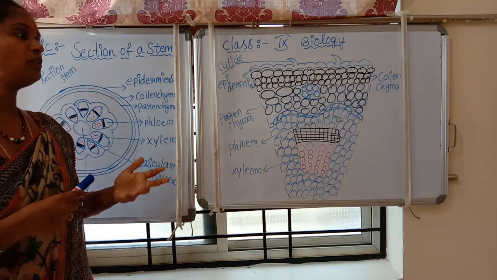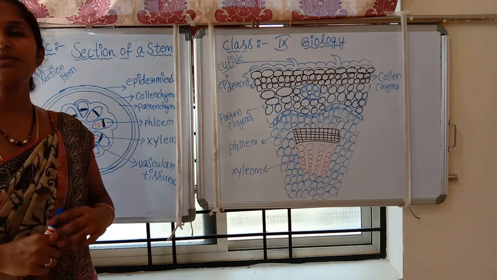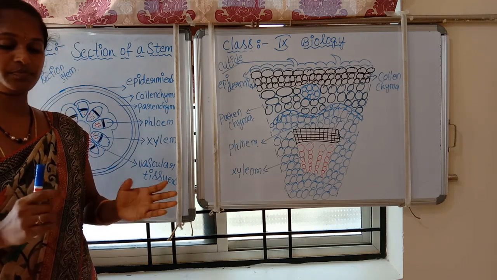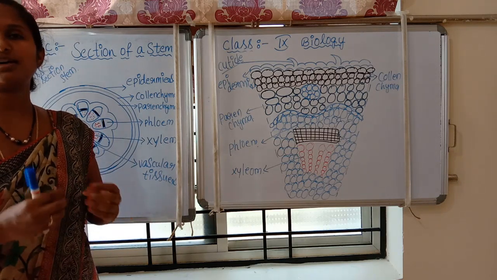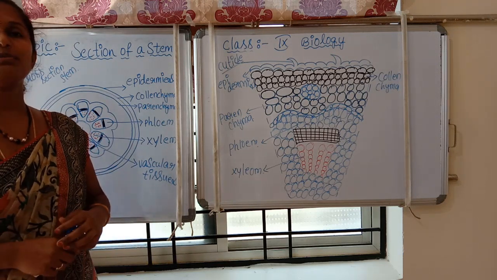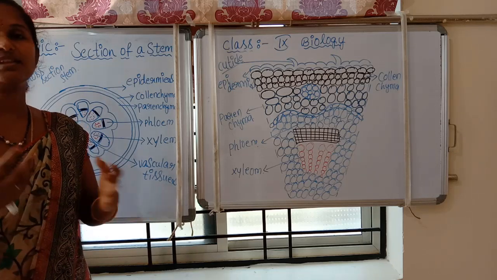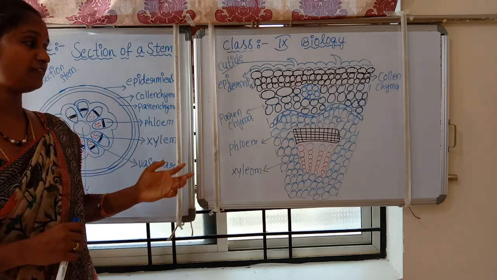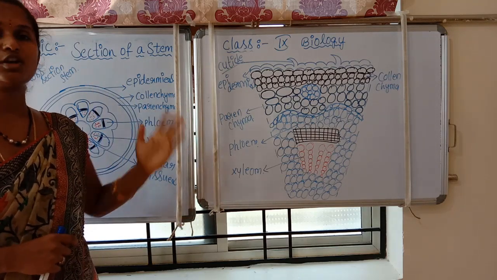And when you take a water plant, there will be fewer parts. Why? Because the water plant has fewer parts, and all the parts are filled with water only. That's why water plants do not have as much strength as soil plants. That was the difference we see between water plants and normal plants.